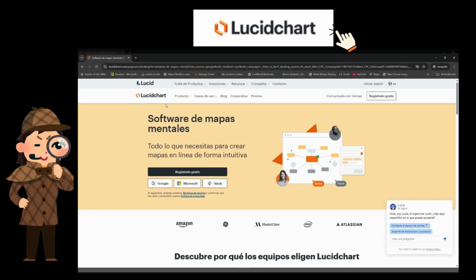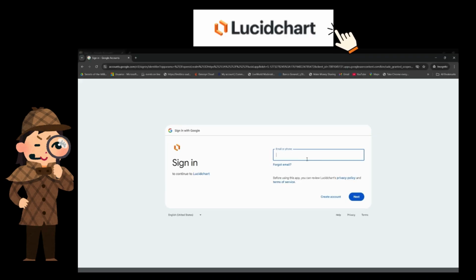Hi guys, welcome to your class and we're going to start first with the first activity where you're going to create a conceptual map. You're going to go into the application which is lucidchart.com. The link will be on the activity planner and you're going to click on registration on Google. We're going to be using our Google account, in this case, my school account,